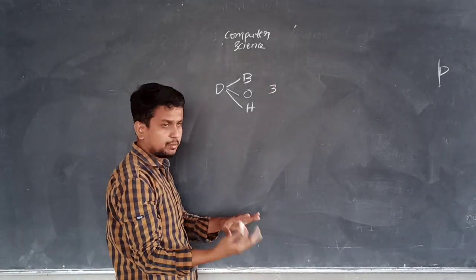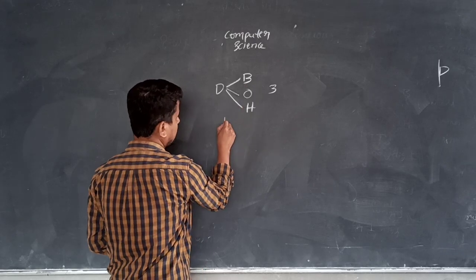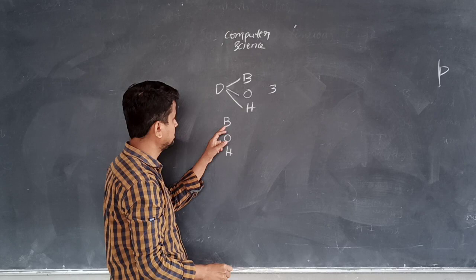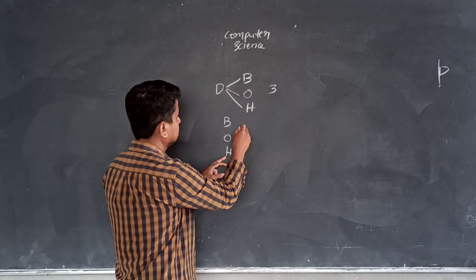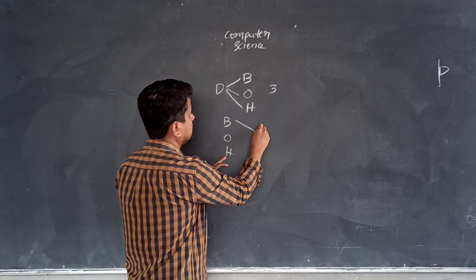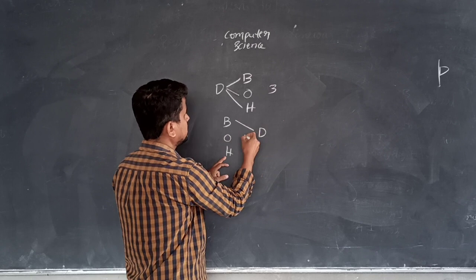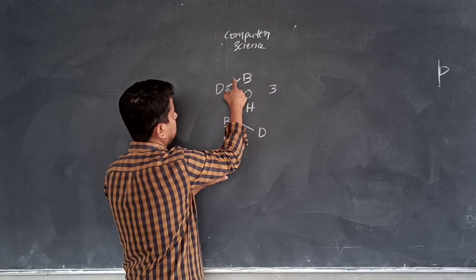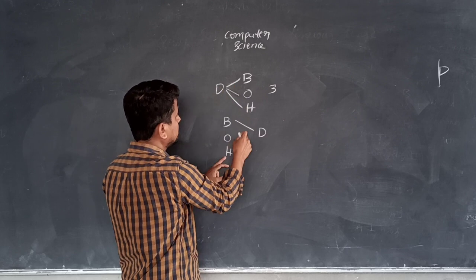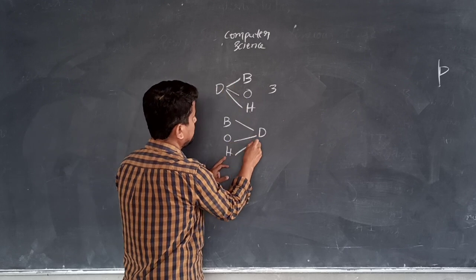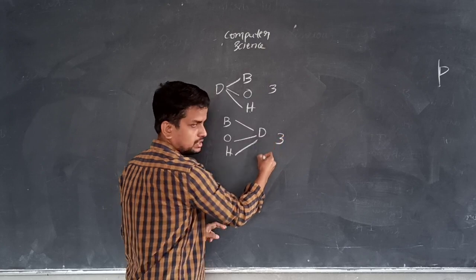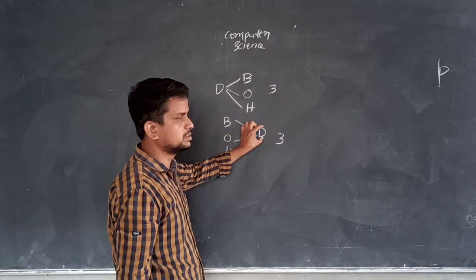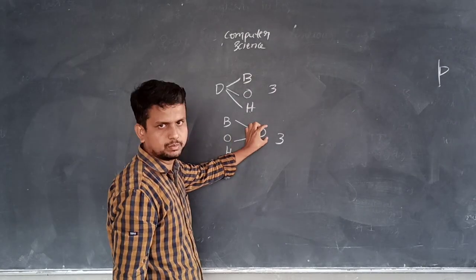Again, other three approaches I am writing. Same, write like this: B, O, H. So this is the binary number system, octal number system, hexadecimal number system. I am converting from the binary number system to the decimal number system. So from D to B, D to O, D to H. Again B to D, O to D, H to D. So these are another three conversions: binary to decimal conversion, octal to decimal conversion, hexadecimal to decimal conversion.